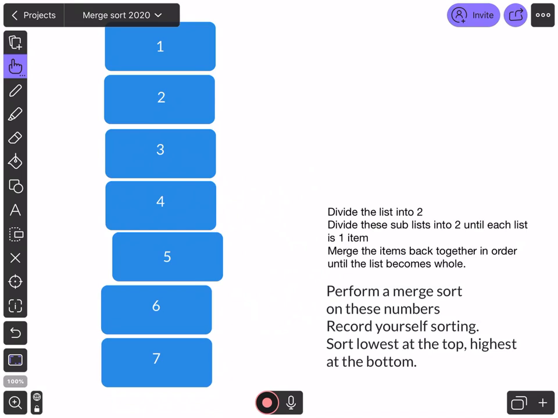Much like you did with the insertion sort, could you have a look at this video like I've done here, and could you maybe create your own animation of a merge sort working? Again, either in Explain Everything or Keynote would be good, and then when you've got it, make sure it's annotated, so you're either explaining what's happening or with text explaining what's happening. And then again, could you upload that into your Chapter 5 searching and sorting folder?